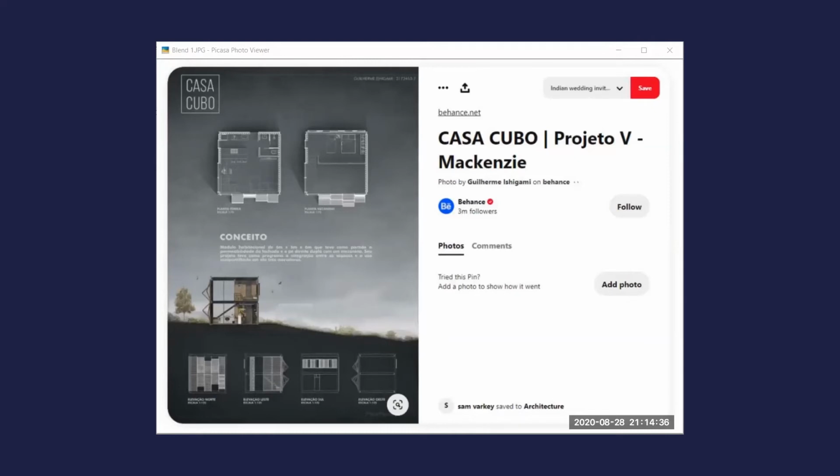So now I'll be showing you a few examples of all the layouts which were mentioned earlier. The one which is open on my screen right now is called blend. As we discussed, even over here you will see it's a blend of different diagrams together. So this is a section, there are other drawings as well, and on top of this we have the plants as well. So this is a blend of all the elements together.